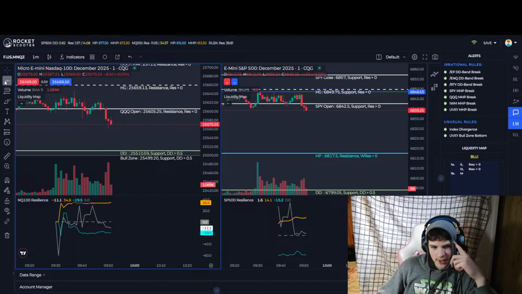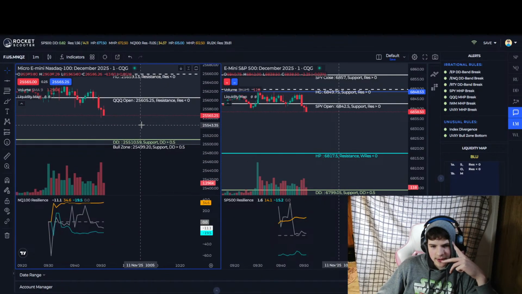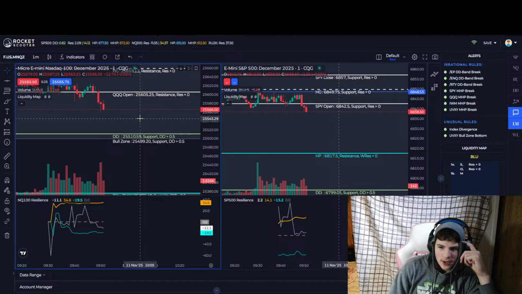The only trading setup I'll take is the DD band, just to keep you open. The small trade, because it is very volatile right now.